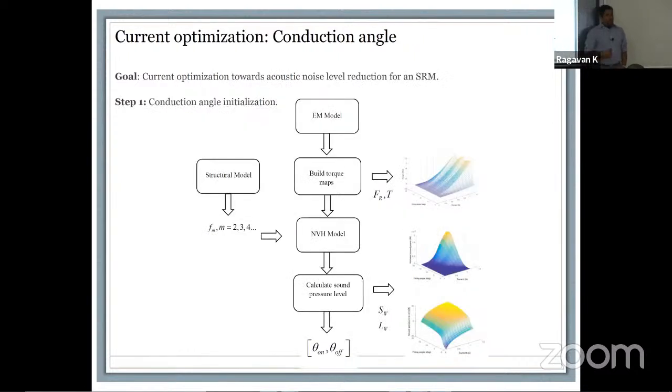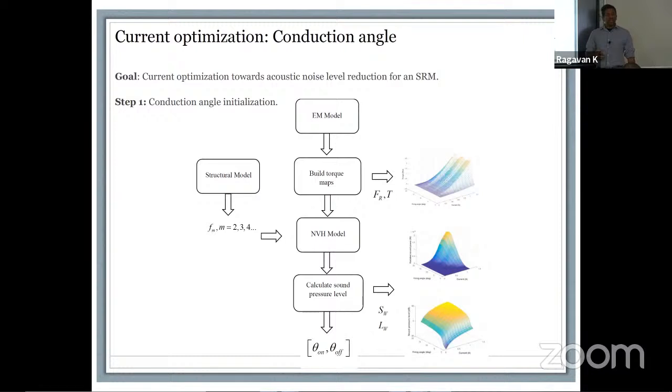So we use this information specifically to create a method that allows you to change, this is for a switch reluctance machine, and we were trying to define the optimal control conduction angle. So we wanted to define how we can turn on and turn off a phase. We wanted to do phase advancing, and we were incorporating all of this back into the acoustic noise behavior.